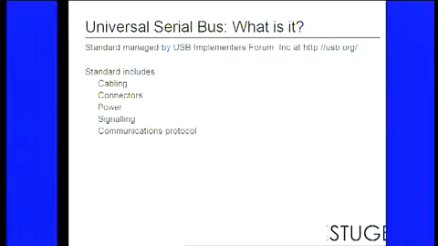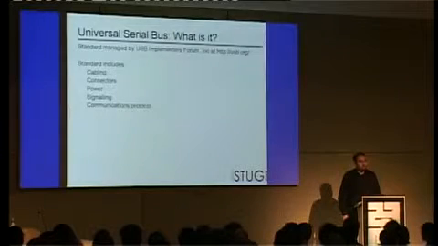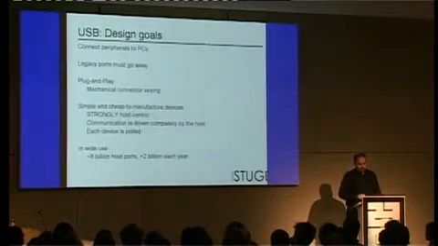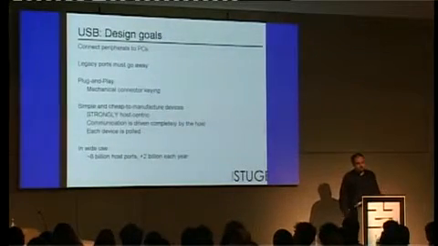The standard covers a whole bunch of stuff. It's pretty detailed. It goes into specifics for cabling for USB devices, connectors on devices and on hosts, and what connectors go where and so on. It talks about power consumption. It talks about the signaling that goes inside the cable and the communications protocol that goes on top of the signaling, and much more. The design goals for USB was